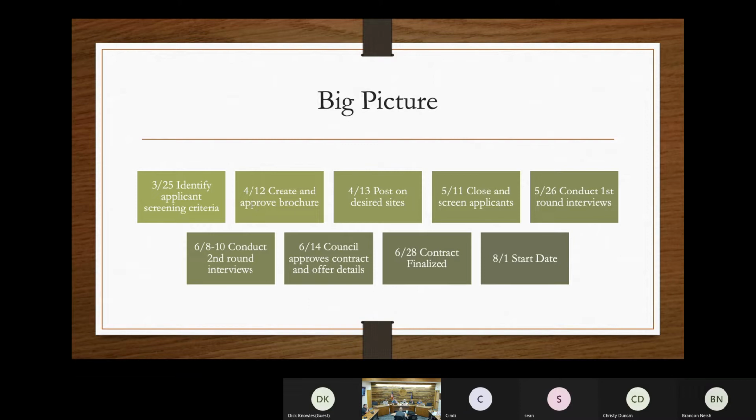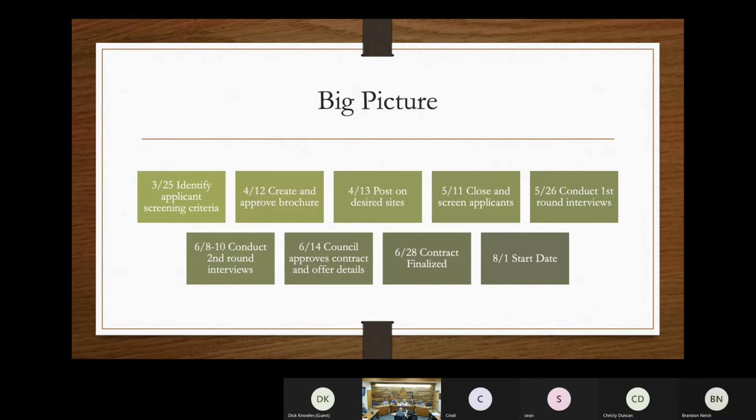From there, then we would go ahead and present that to you for approval, immediately post the position on April 13th for a period of 1 month. At the end of 1 month, what I would encourage is to have it open until filled, but after 1 month, doing the first pool of applicants and reviewing and screening for candidates that would be invited to interview.